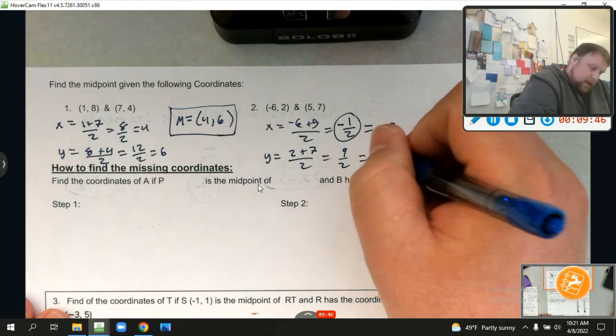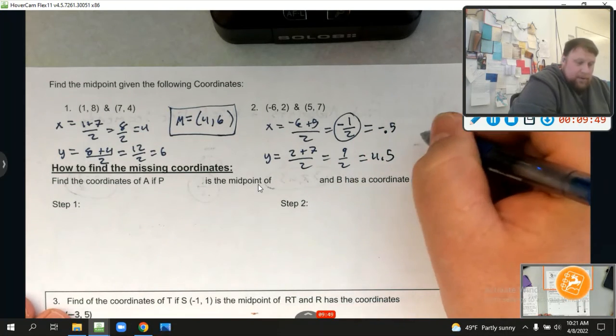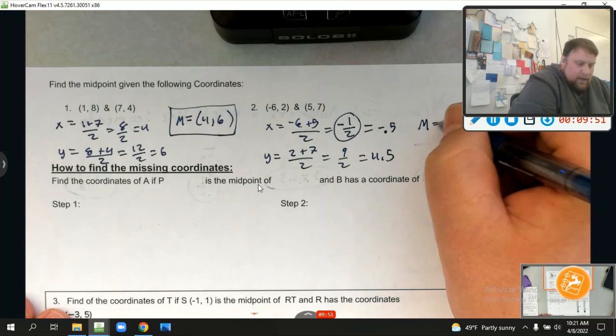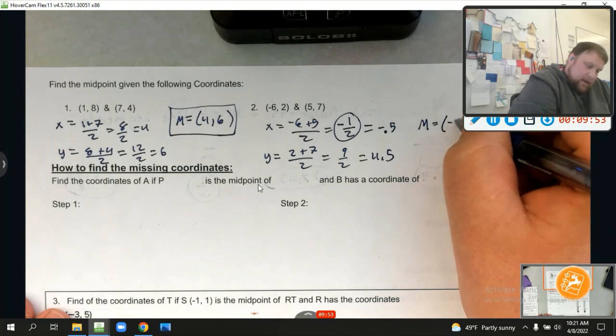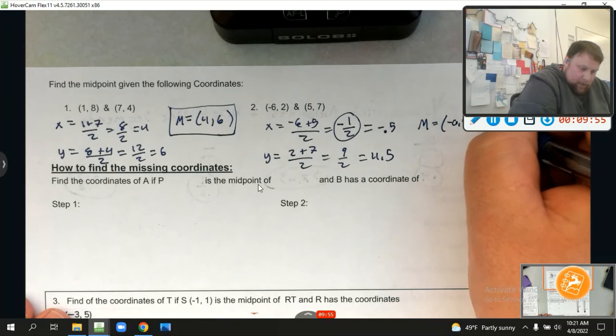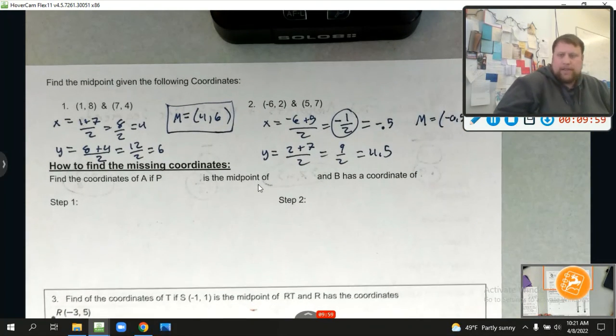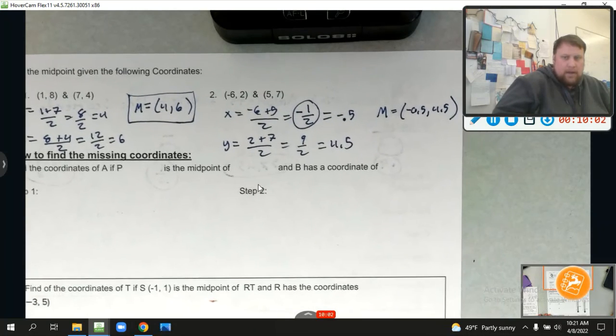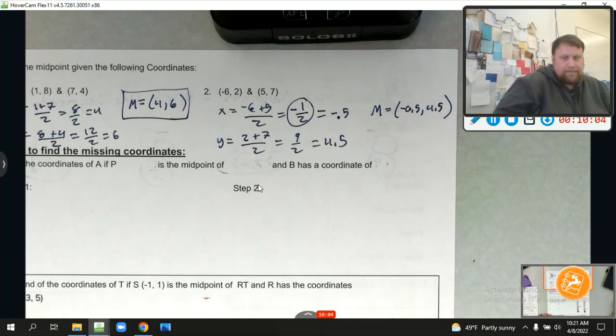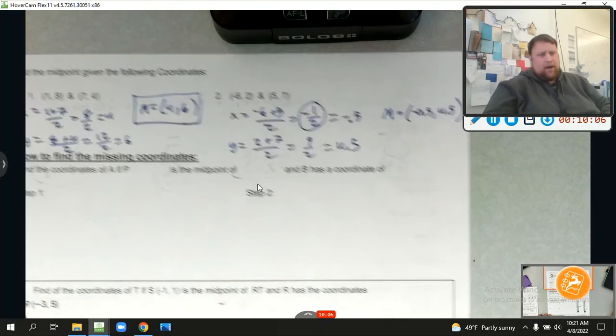That's probably how I'm going to put it in. So for my midpoint, it's going to be negative 0.5, 4.5. Boom. Or you could have done negative 1/2, 9/2. Either way is fine. Okay, I didn't realize that was hidden. All right, so finding the midpoint's not bad at all. What about if we're missing a coordinate on